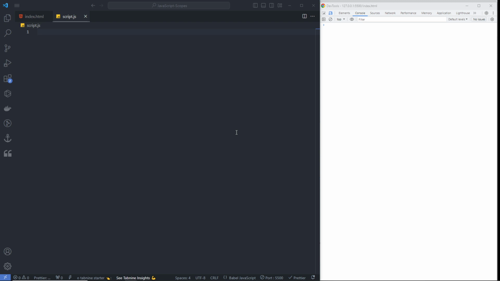Okay, now how many scopes do we have in JavaScript? We have three types of scope: block scope, function scope, and global scope. In block scope, a variable declared inside a pair of curly braces cannot be accessed from outside the block. In function scope, a variable declared inside the function cannot be accessed from outside the function. However, in global scope, variables declared in the global scope are accessible from anywhere within the program, including inside